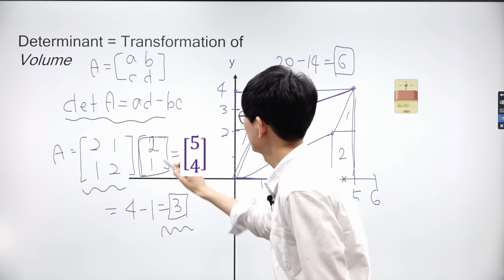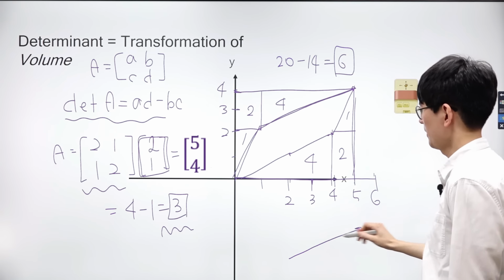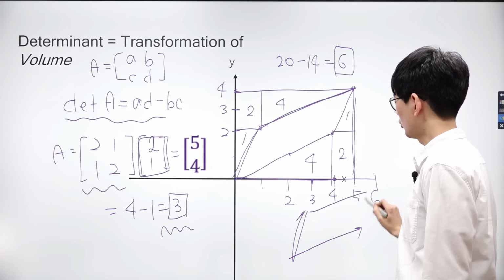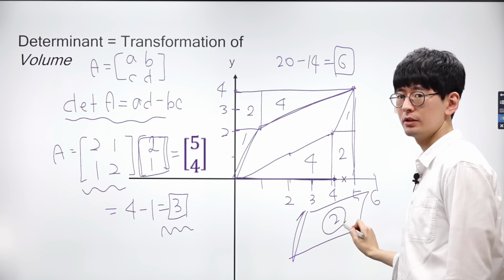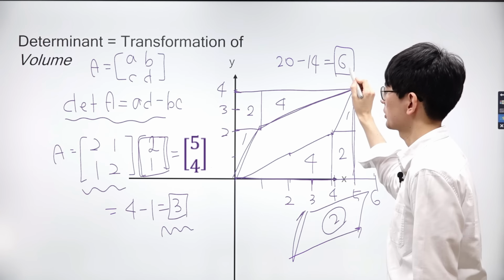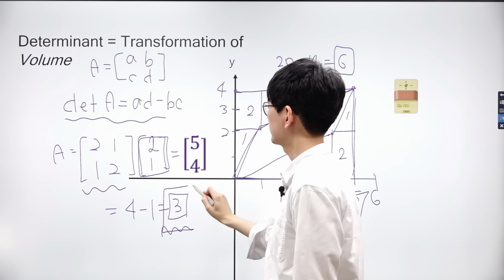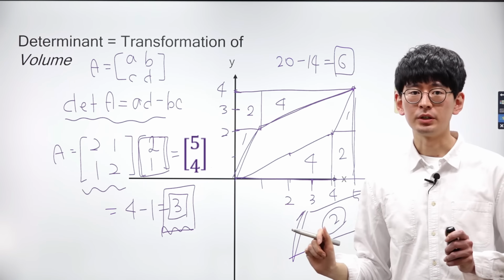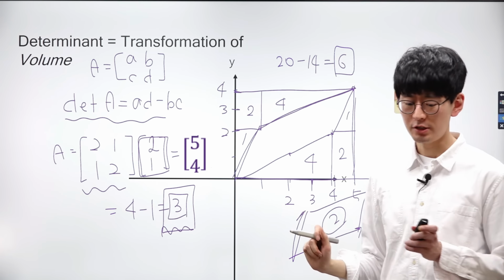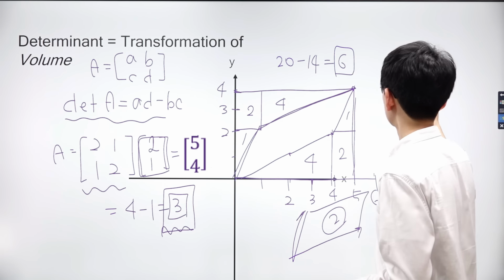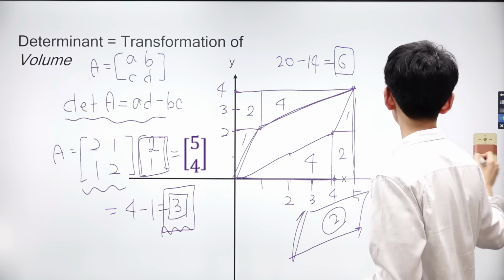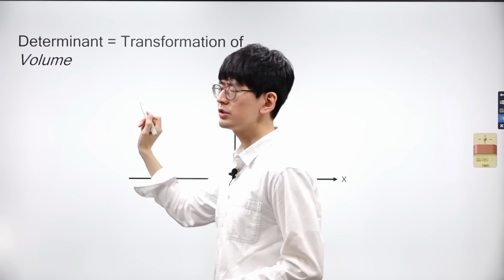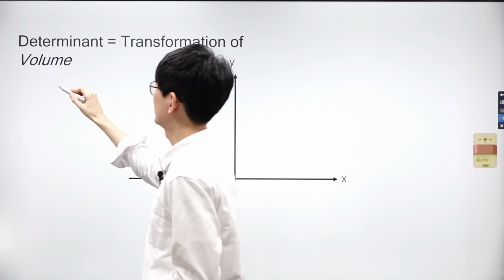In the transformed space, the parallelogram's area is 2, while in the original space, it increases to 6. Once again, we observe that the area of the parallelogram increases by 3, which corresponds to the determinant of the matrix. This method provides a straightforward explanation of the determinant of a matrix.